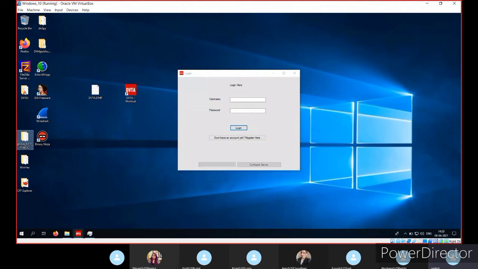And there is Echo Mirage, which is not working in our system and our setup. It is basically like Burp. Whenever you inject that application using Echo Mirage, you can see the traffic that is going, the request and response to the server, and you can check it there and modify it.